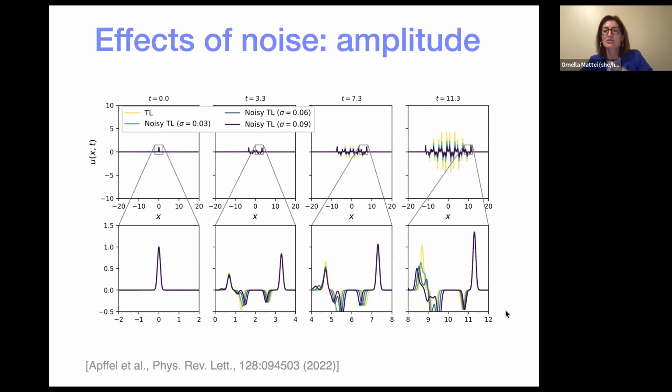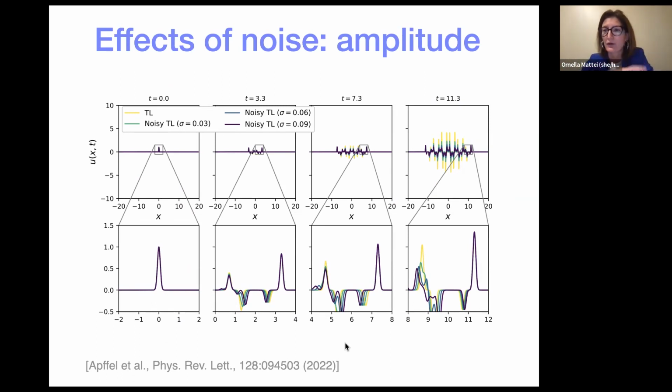Here we go. So first of all, let's start by introducing noise in the time laminate. The way we do it is by saying that the time interface, instead of occurring at, say, every 1 unit, will occur at 1 plus an epsilon that is taken randomly in a certain interval that depends on the standard deviation sigma. We follow the work of Emmanuel Fort and his group for water waves.